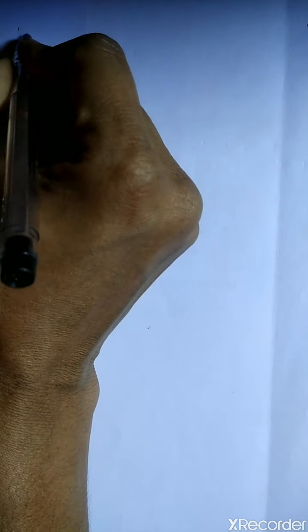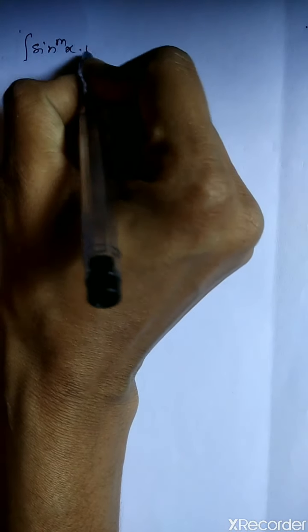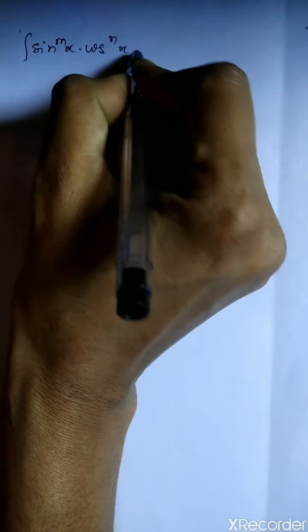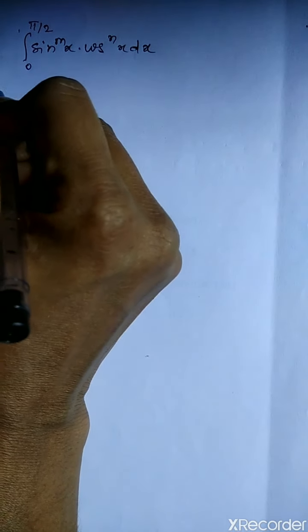Today we will discuss the reduction formula for definite integral. Earlier we have seen the reduction formula for integration of sin mx into cos nx dx. So let us see the reduction formula for 0 to pi by 2 sin mx into cos nx dx. So we know that